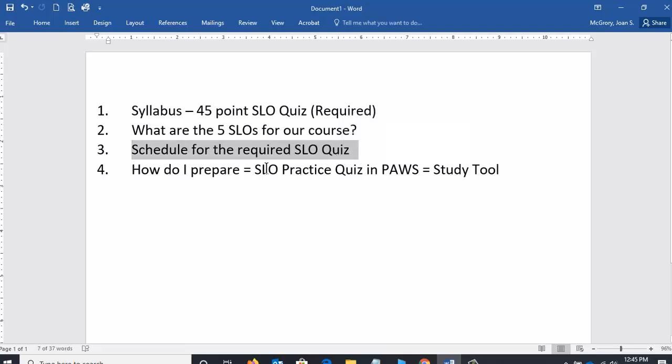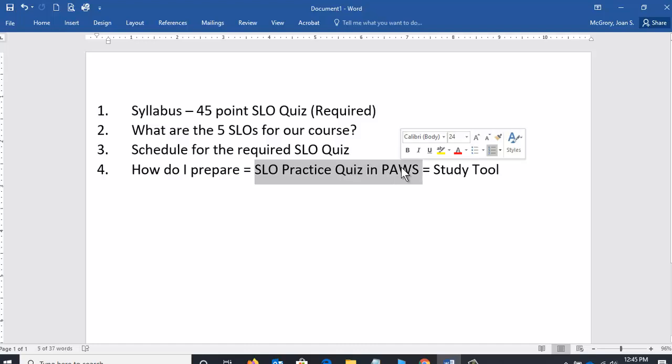And in terms of how you prepare, you would prepare by doing the SLO quiz in Pause, which is a study tool, searching your digital book, using the internet, because the actual required SLO test is Open Notes, Open Book. The one thing it is not is Open Neighbor. Okay, so keeping that in mind,